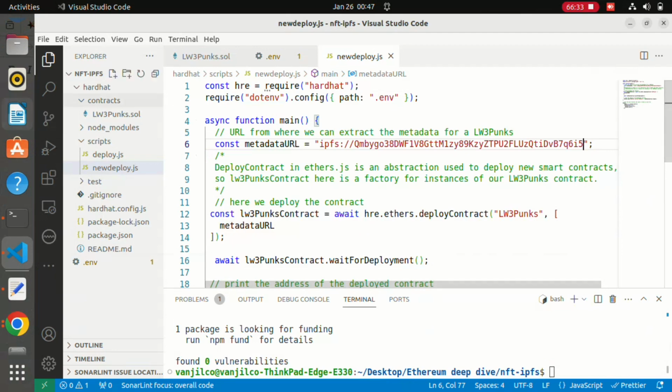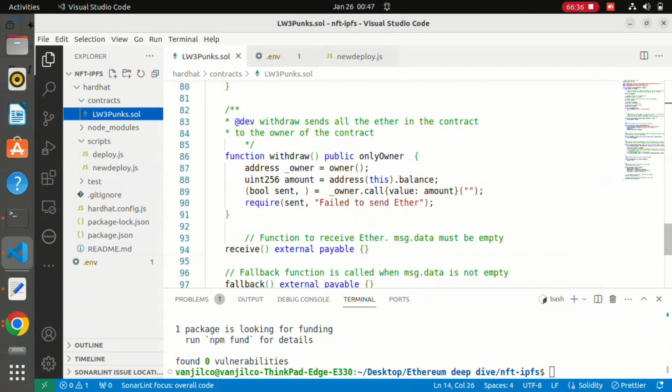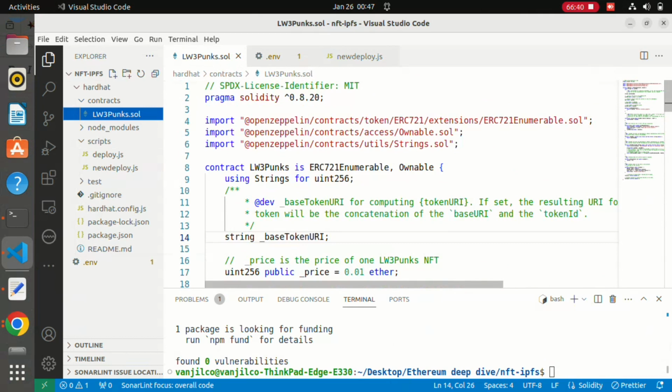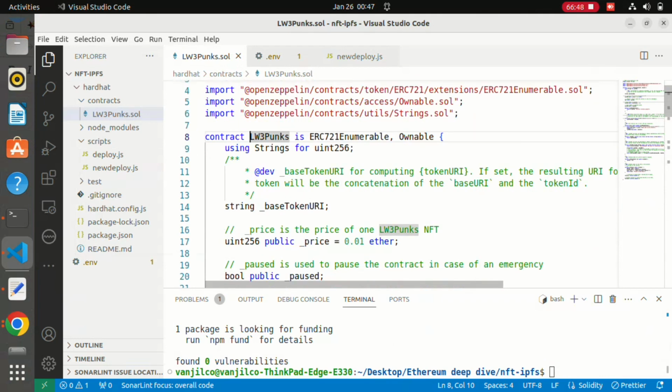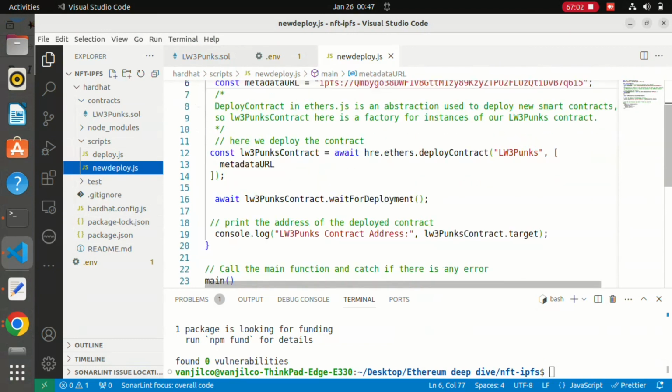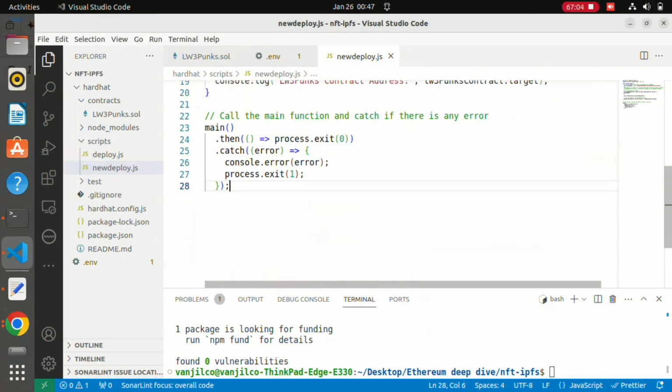Okay, so see that the contract is LW3Punks, and we shall pass in the metadata so that we can sync the NFT with the metadata. I named this new deploy.js. Alright, so the main is to check for errors, and so